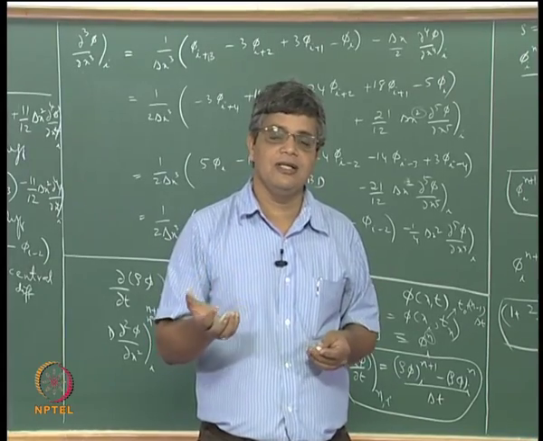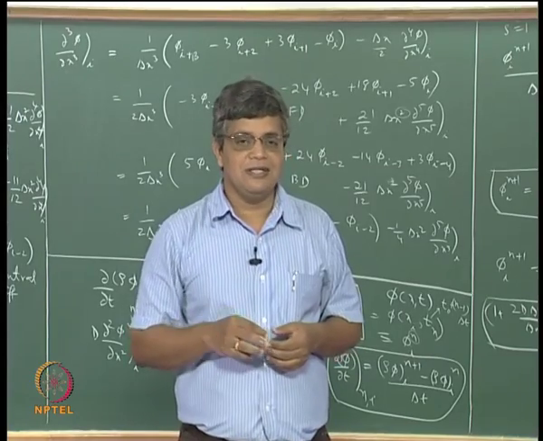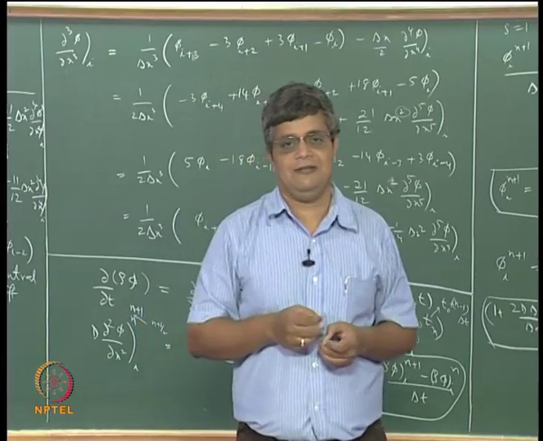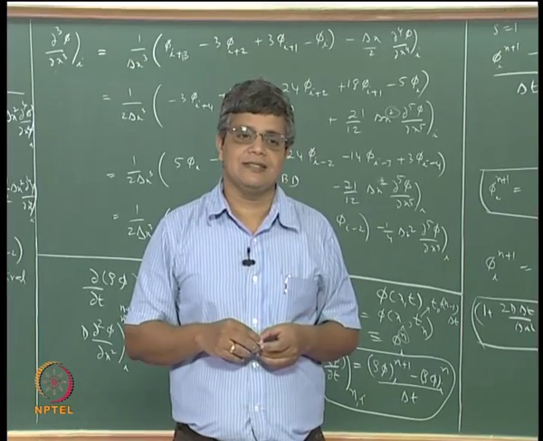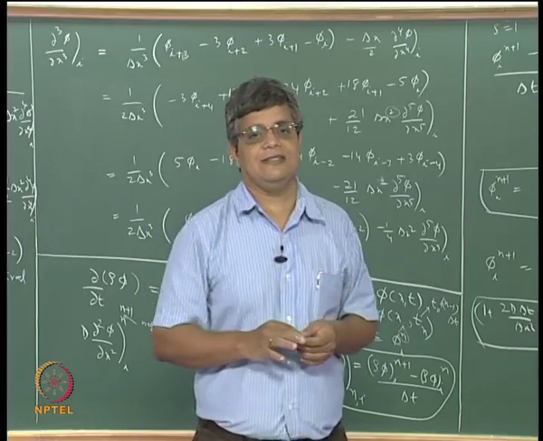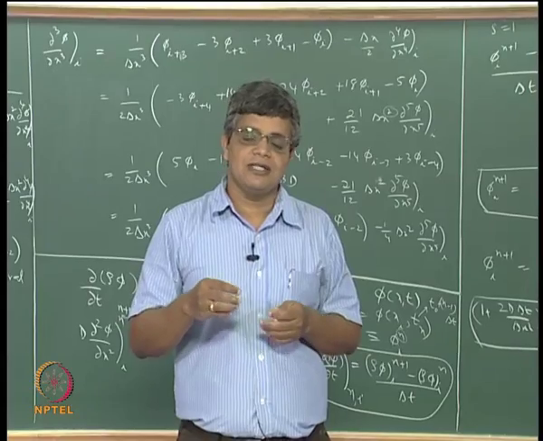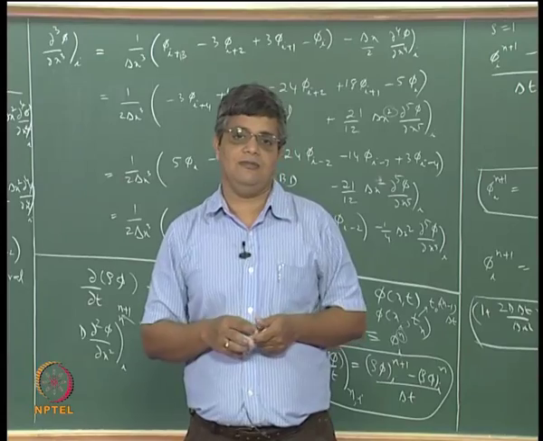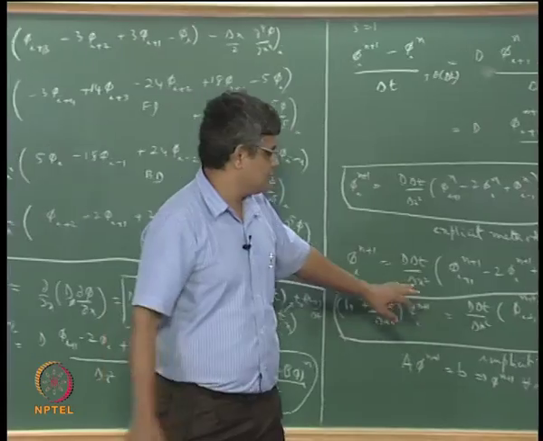We have to choose either the explicit or the implicit method. The question is, if the implicit method is so simple, why do an explicit method? It is a valid question. We will see in the next class that the choice is not as clear cut as that. If we use an explicit method, we can only go in very small time steps, if it is possible at all, because we are making use of the previous values